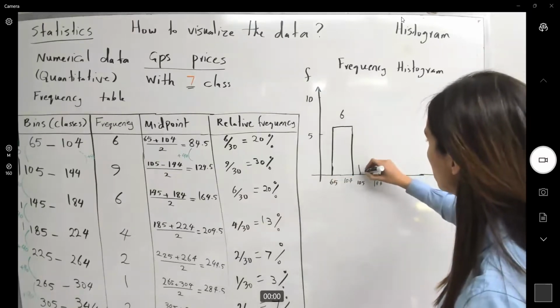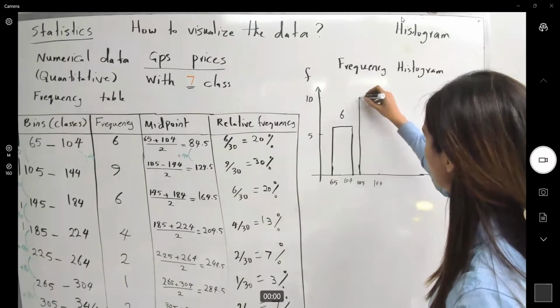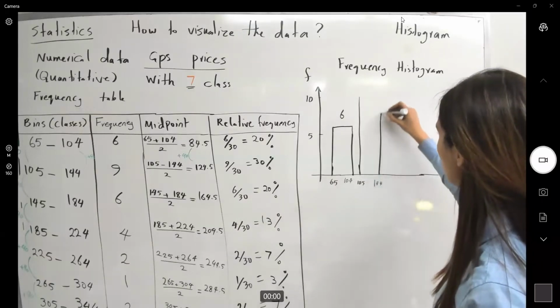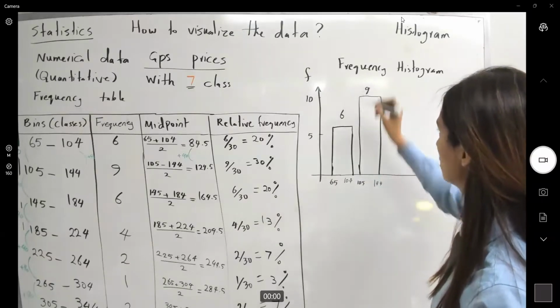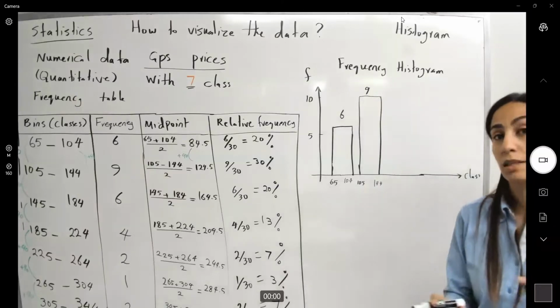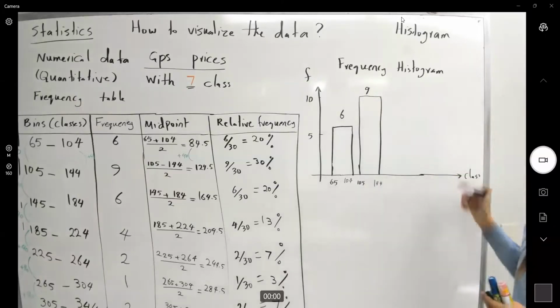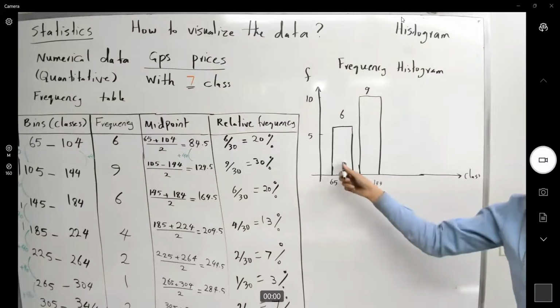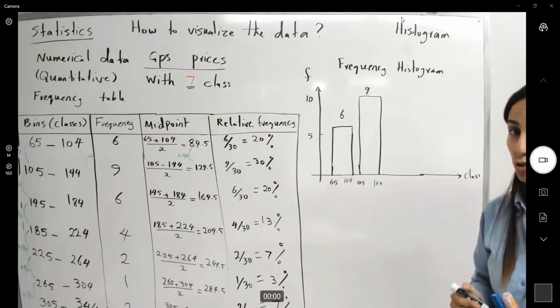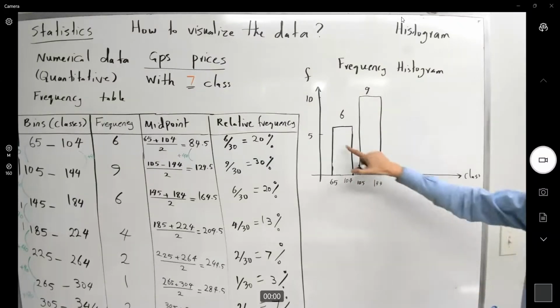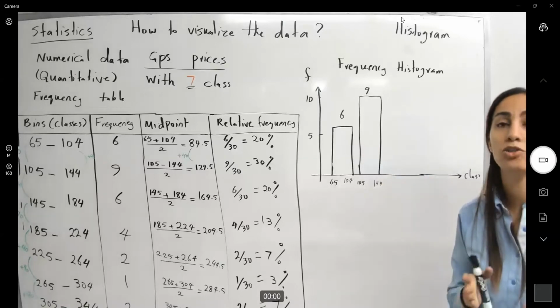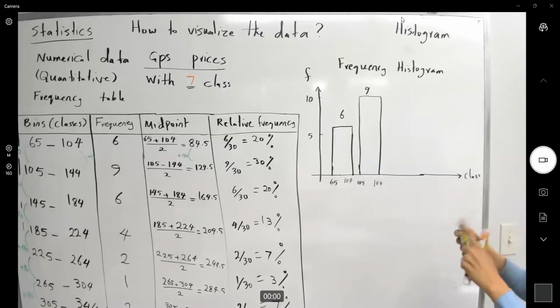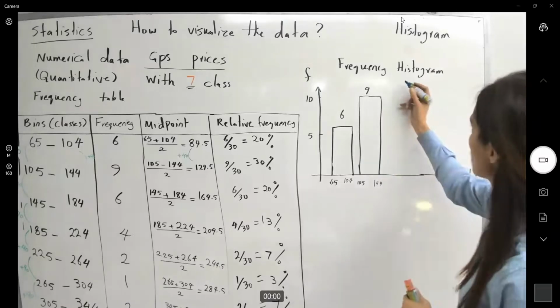So you're going to say that, hey, my bar has height 9. There is an issue here. If you continue this, the graph is not going to be a histogram. The graph is going to be a bar chart. So if we continue this way,